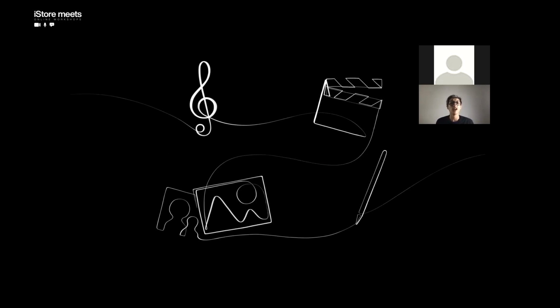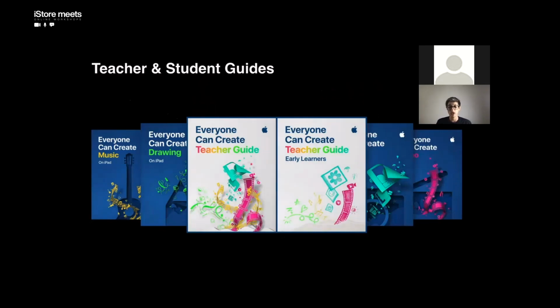So Everyone Can Create introduces students to new skills, to express themselves, their ideas, what they've learned through music, video, photography, and drawing. So you can see that there are so many different aspects that you can look at using the Everyone Can Create guide. So you see you have two different guides. You have the Everyone Can Create,